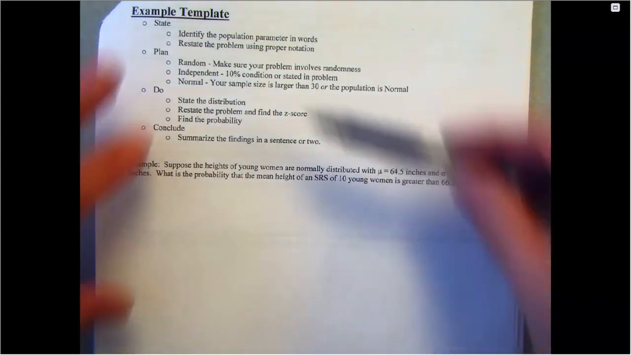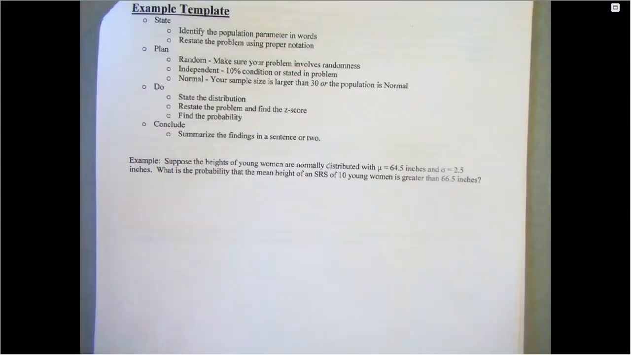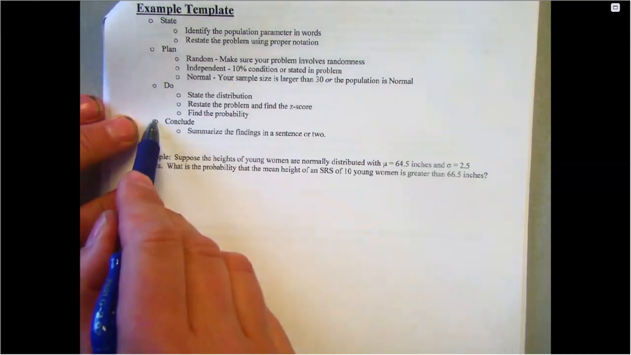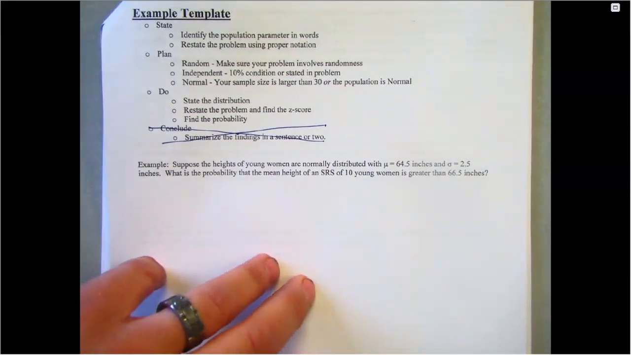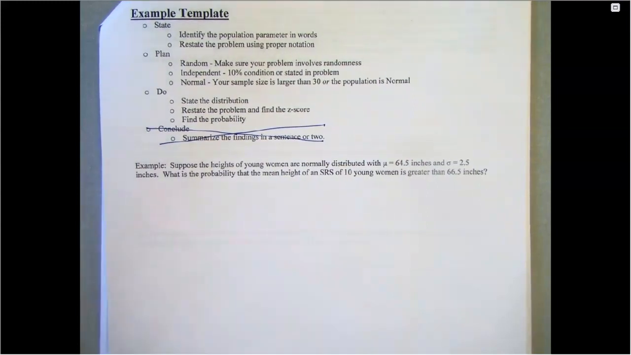So the template up here is kind of what we've gone through before. The state, plan, and conclude. I'm not worried about conclude yet. So if the questions on this homework are asking you to conclude, I'm not worried about that yet. We're certainly going to do that. It's a huge thing. It's just not something we've really gone through yet. I'm not quite sure why it's in here, but